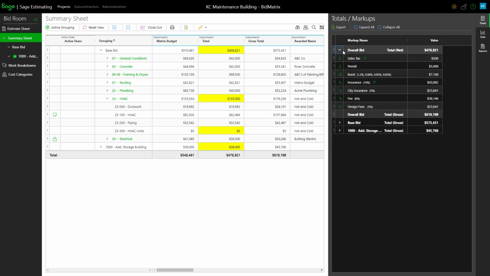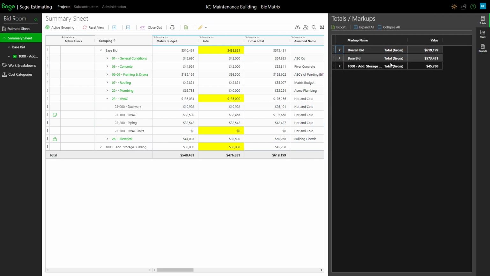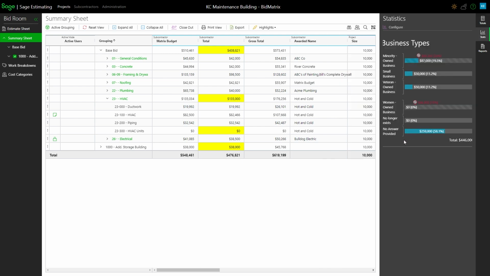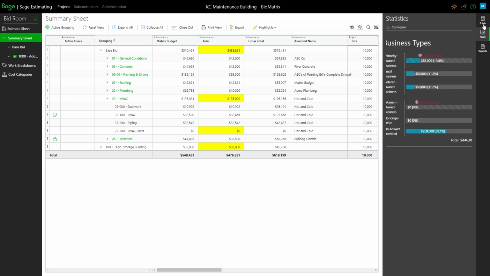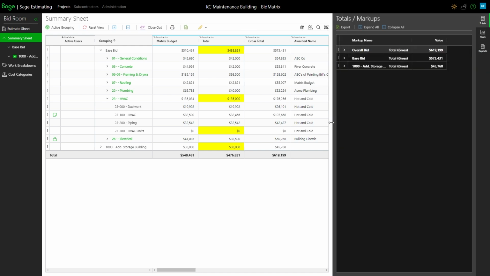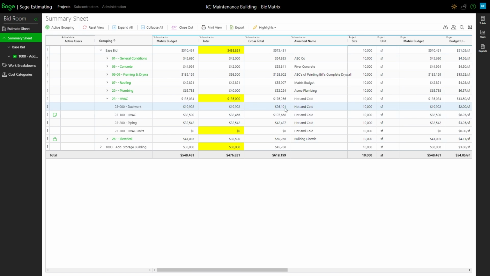You've always been able to open these, but you could change between totals, my stats, and reports, so I can fire up a report right from here and things of that nature. So it's just a little bit easier to navigate or see some of the stuff, where I can actually resize the bars as I'm going through. Just a nice little thing that I could turn off.